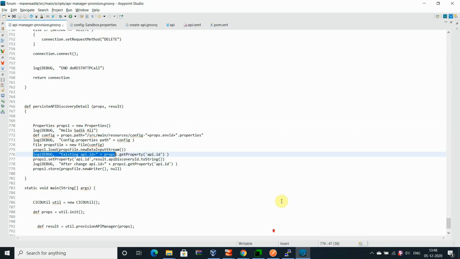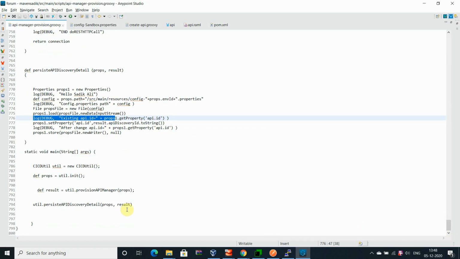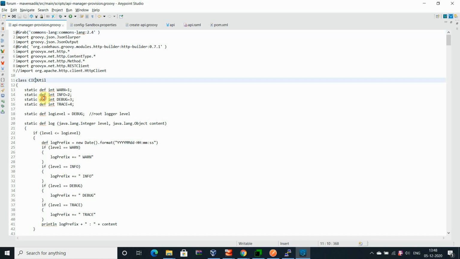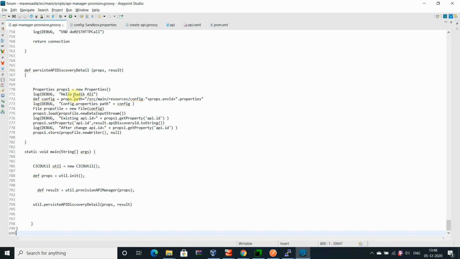Whenever I execute my Groovy scripts, it will run my main method here in the platform file. This is the class which I have created here. You can see that it's a class here, and then it will go to the init method, where I have to upload